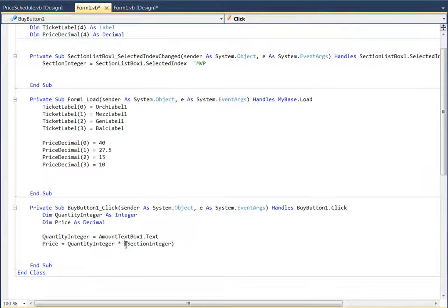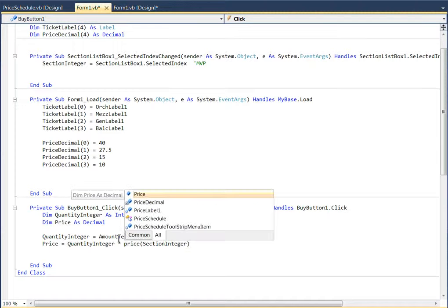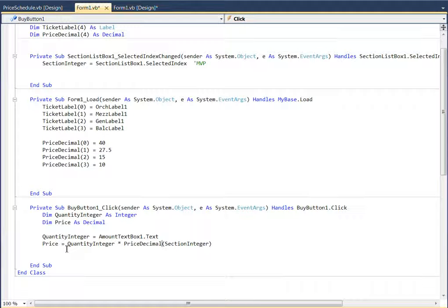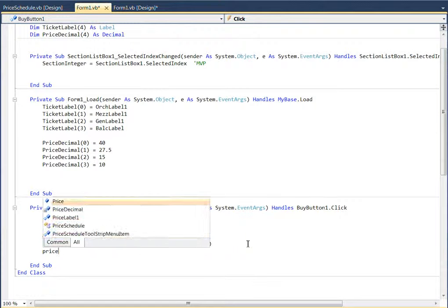So my price is going to be my quantity out of my text box times one of these depending on which section I have chosen. Does that make sense? Hope so. Okay, and then once I've got that price decimal, I can go ahead and put that in the label. And that is my price label